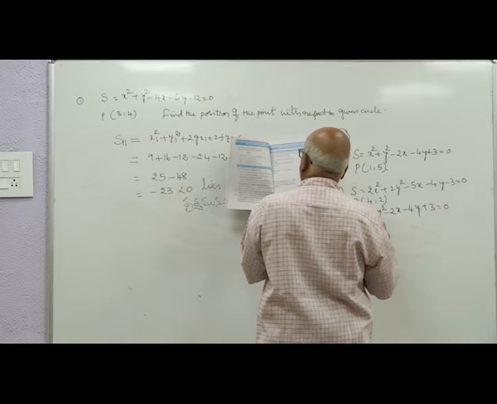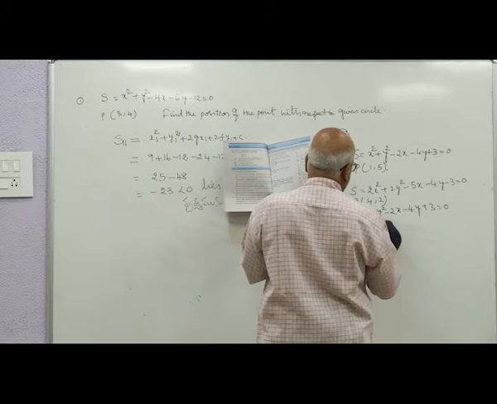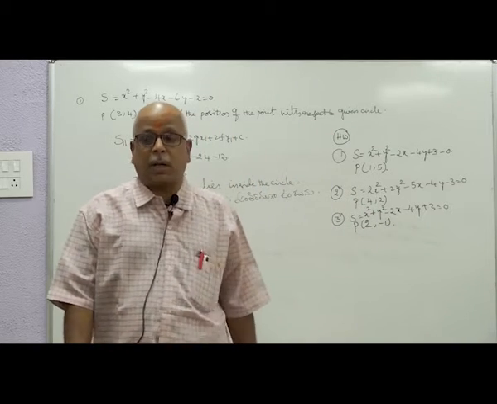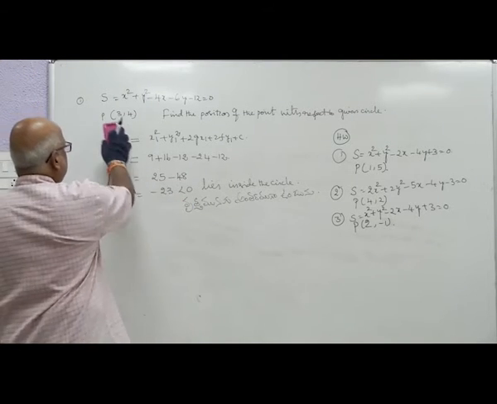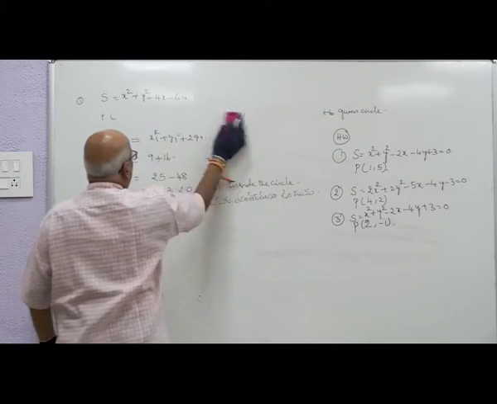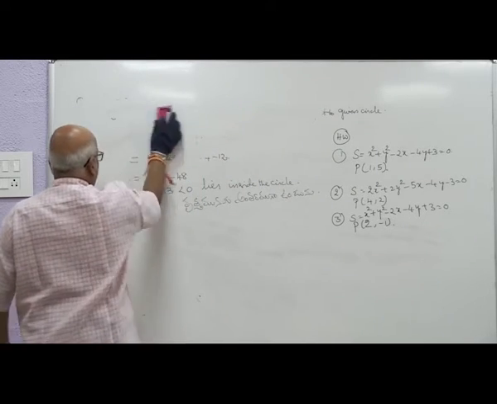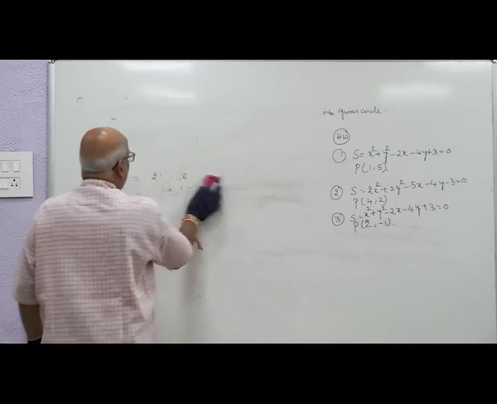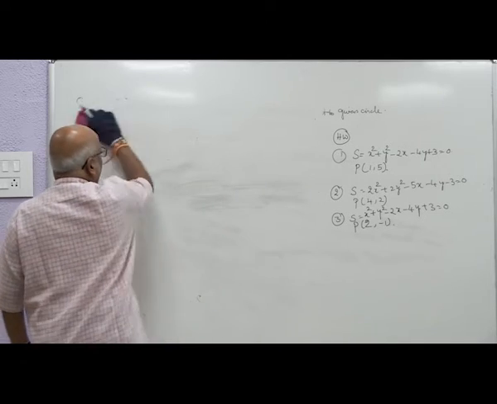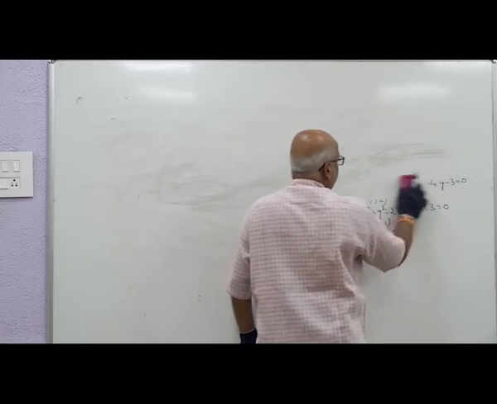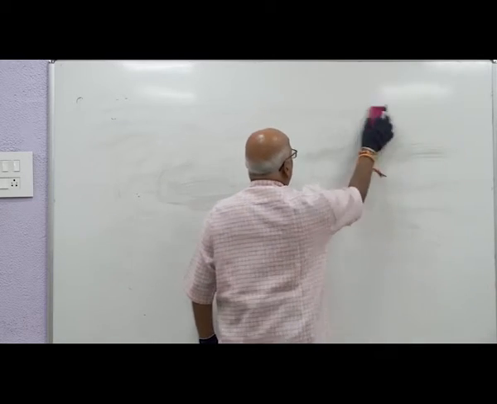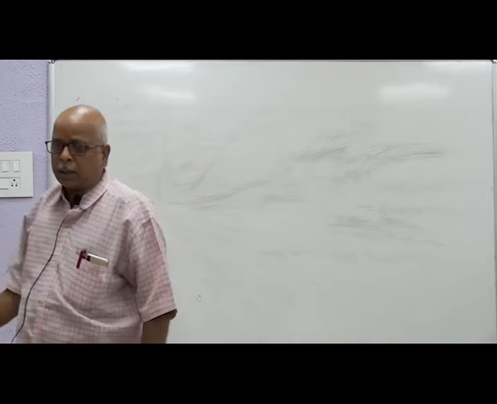P (2, minus 1). To these three problems, you have to trace out the location of the point with respect to the circles given against them. This is one model in our second exercise, that is exercise 1b of circles chapter. And next model problem we shall take up, or you can put model 1, model 2, model 3 like that also, nothing happens. It will be advantageous to us only.